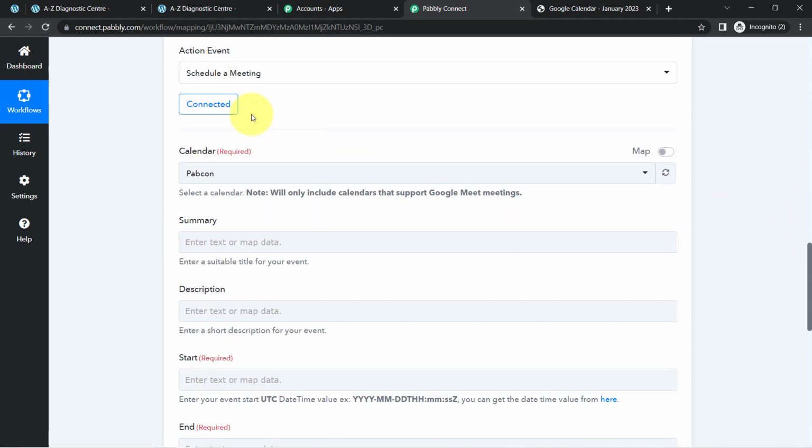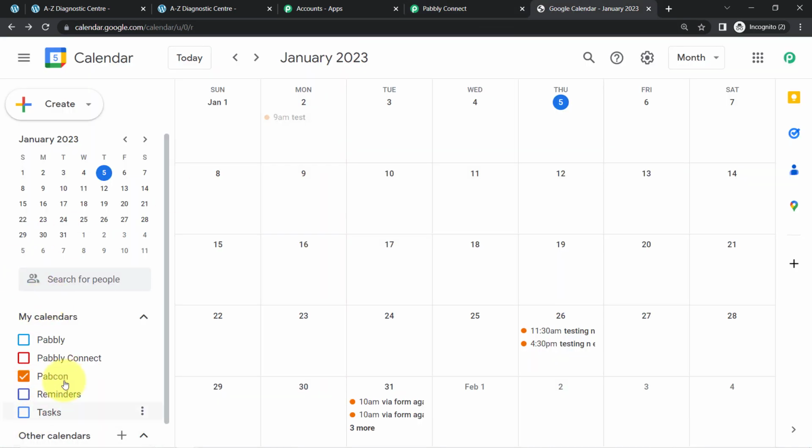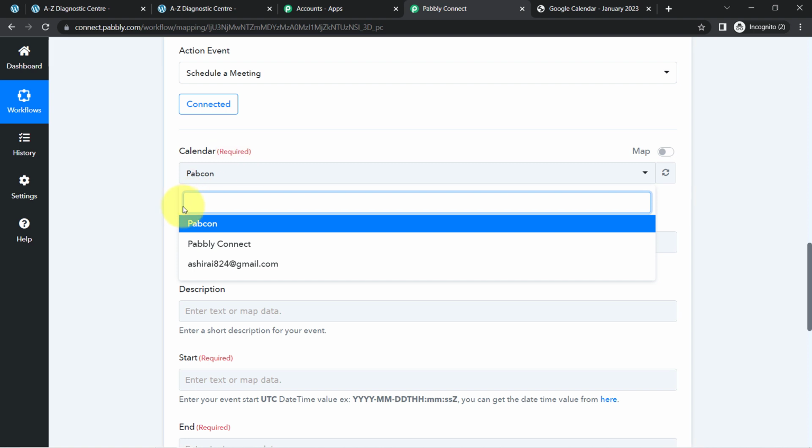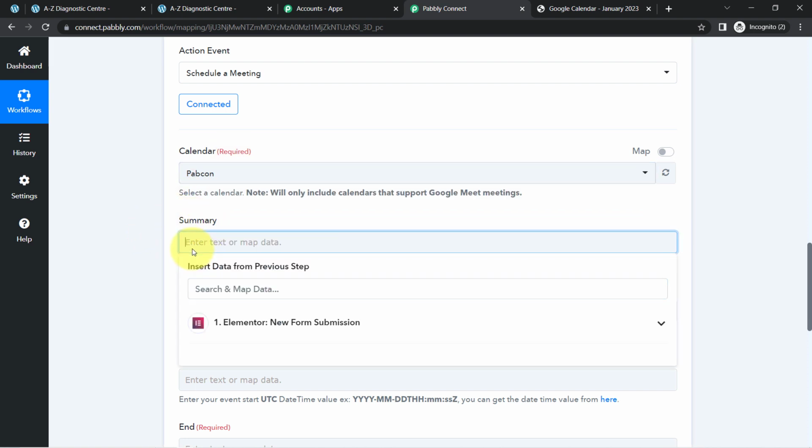Now it is asking for the calendar, the summary, the description, and the start and end date. Here I have several calendars in my Google Calendar. Let me even show you whatever calendars are available in my account, and I want to schedule the appointment in this particular calendar. So that is why I will select this calendar. It is asking for the summary. So how about I provide the summary, something like a new appointment